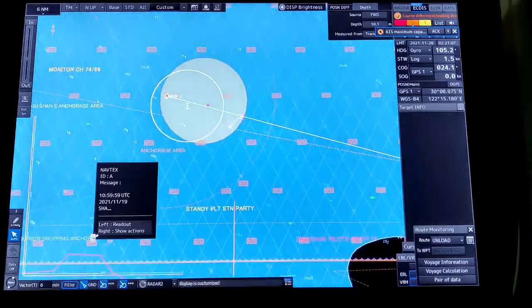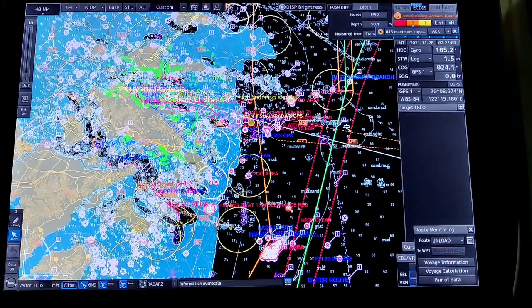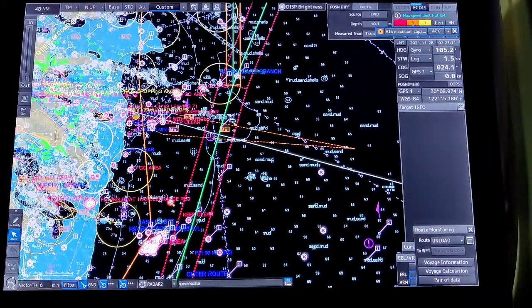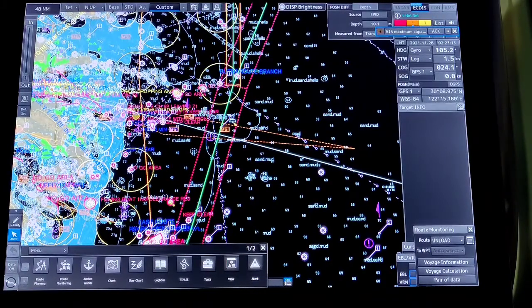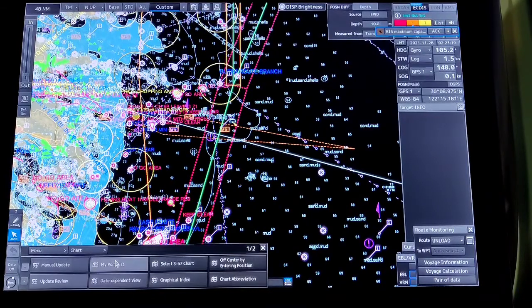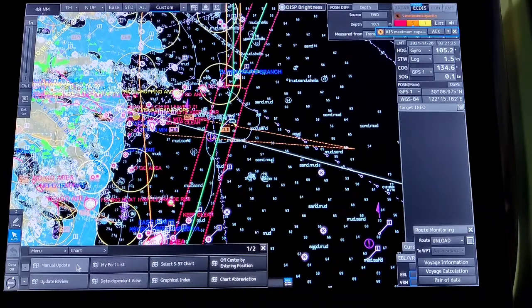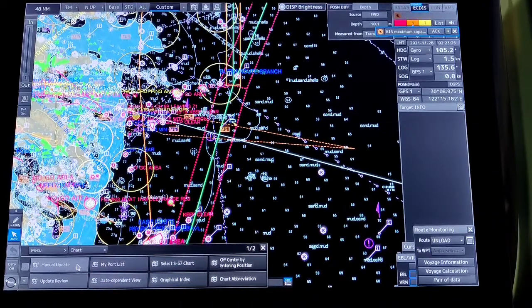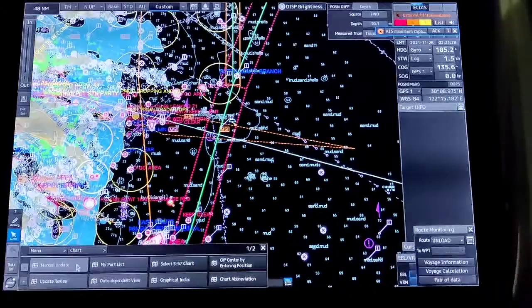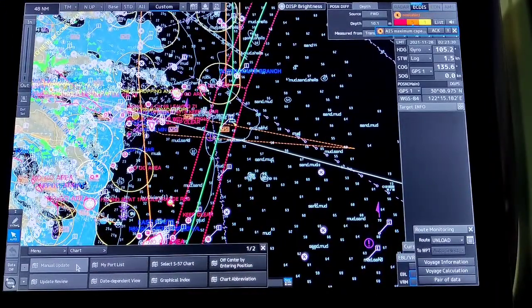So this is done. Next I go to the chart section. The chart section has the following features: manual update, my port list, S57 charts and all. Manual update: if you want to manually update any ENC chart, you can do it with this feature.